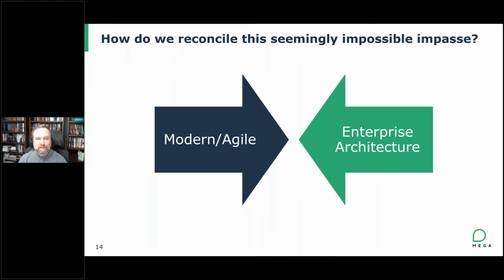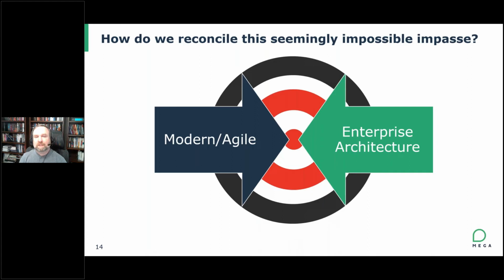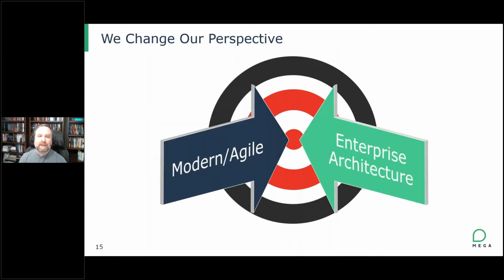So how do we do that? If we have these two groups, the software that's trying to be modern and agile, really genuinely enabling the modern customer experience, and then the enterprise architects, it really does seem at odds. So what can we do to make this better? Well, first, for me, it's just shift the perspective. Realize that there are strategic objectives and goals that we're trying to achieve, and that we're actually working towards the same goals. And it's when we find the synergies and clarify them that we can identify and articulate some of the value of how these different groups can work together in a modern, positive way.